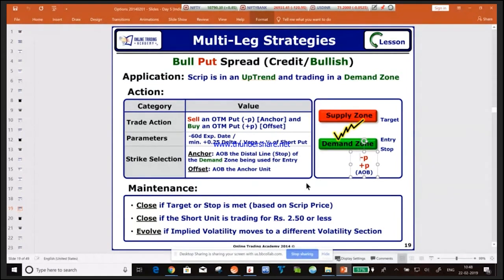Okay. Strike selection. Strike selection is simple. AOA, AOB at or below demand, and the offset unit is further below the